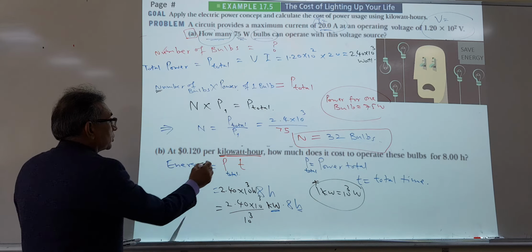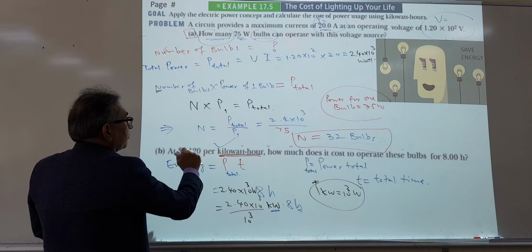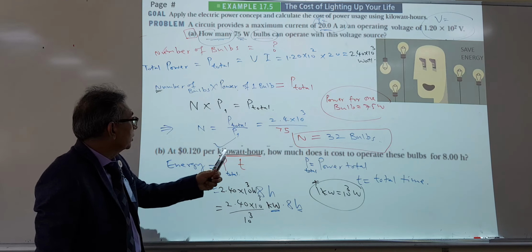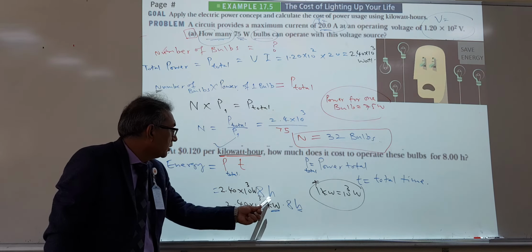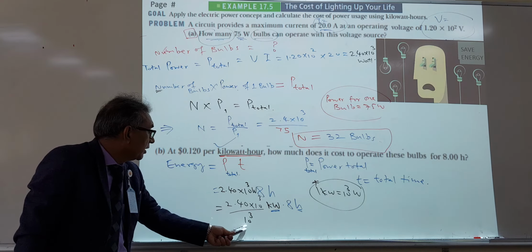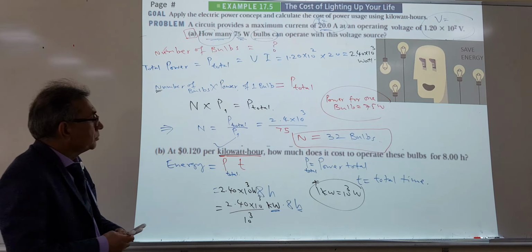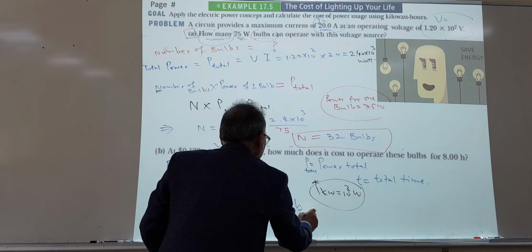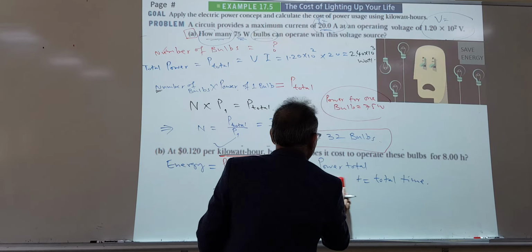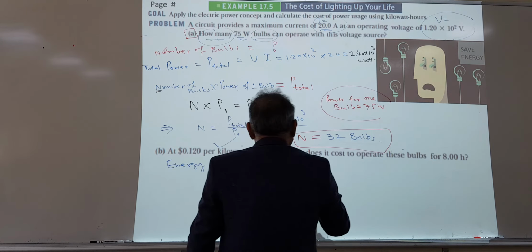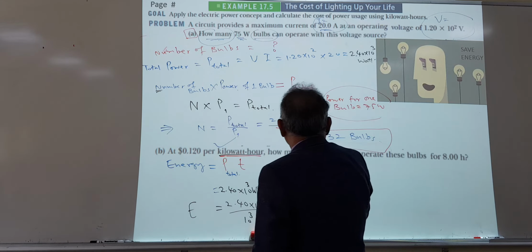Kilowatt hour means units. So this is what I need. If you don't convert it into kilowatt, you will have the wrong answer, because you need one electric unit, which is equal to 1 kilowatt hour, so it must be kilowatt and hour. Hour we already have here, this is watt, so divide by 10³ to convert it into kilowatt. So finally you would get, if you don't mind, can I delete all these things here now? Okay, so I come here,